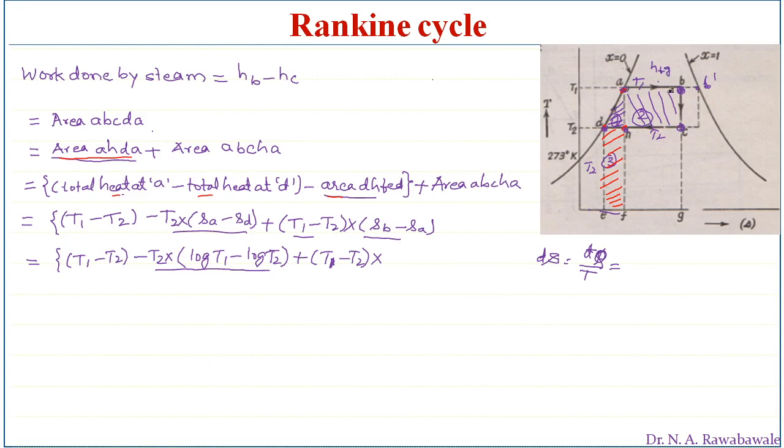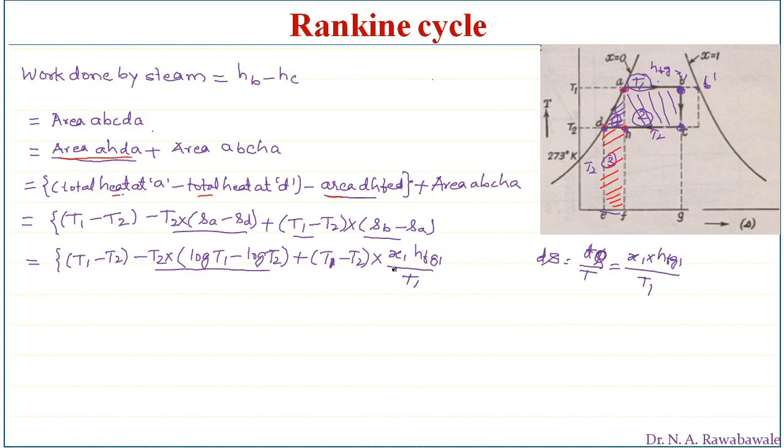But it is supplied from A to B, where at point B the dryness fraction of steam is say X1. So out of 100%, X1% is supplied. That's why we write this dq as X1 into HFG1, divided by the temperature at which this heat is supplied, which is the higher temperature T1. So we write T1 in the denominator. So this change in entropy from D to A can be written as X1 HFG1 divided by T1.